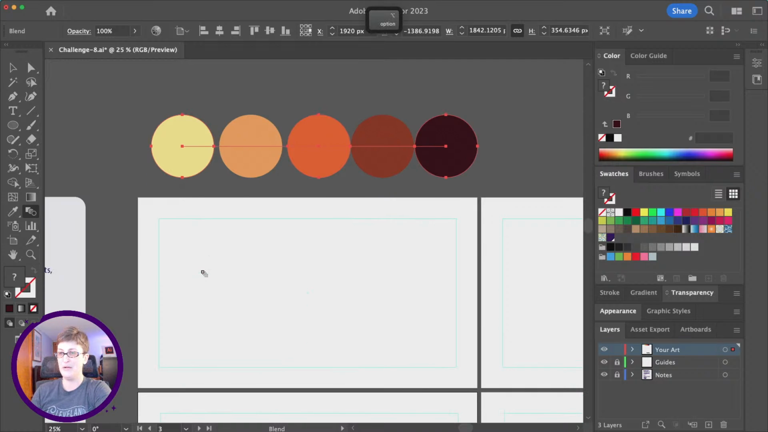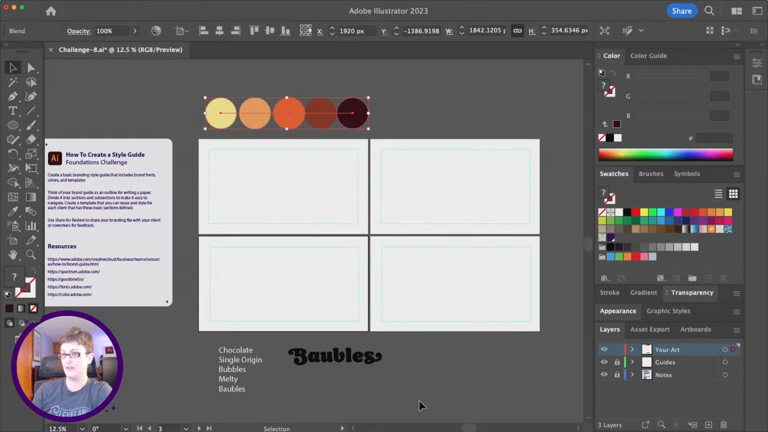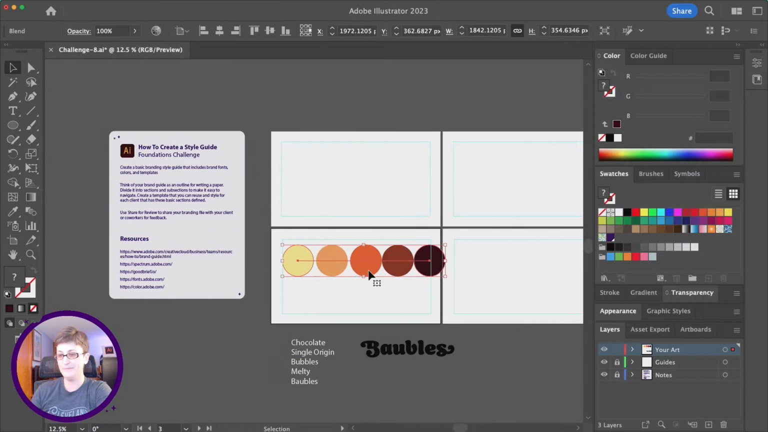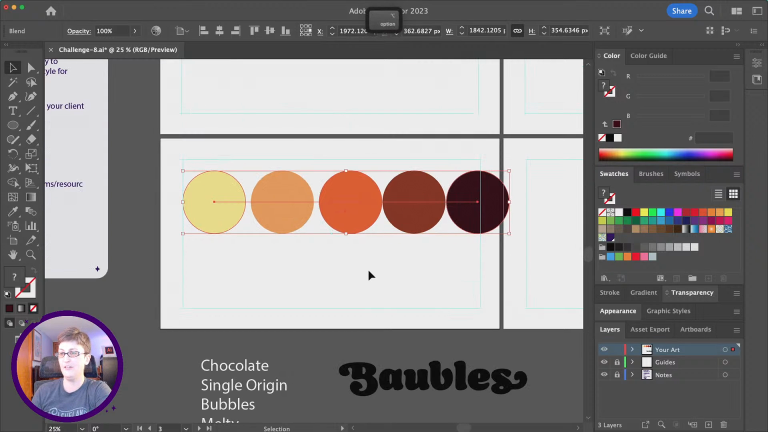So that's just kind of a different way that you can make a color palette if you have like a start and end in mind and you want to have like a good range of colors, in this case for chocolate. Alright, so let's start to build out our